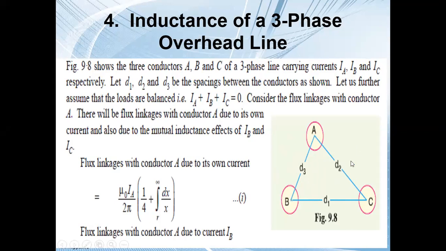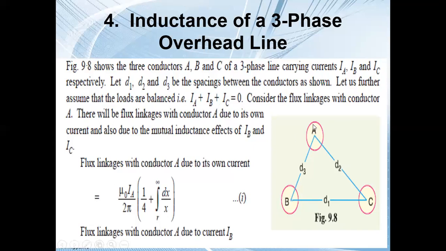So this is the configuration of, let us say, a conductor of a three-phase line. Now we know for a balanced condition of any three-phase line, IA plus IB plus IC will be equal to 0. This is a true case, because for a balanced system, if there are three-phase currents IA, IB, IC, the summation of all these currents will be equal to 0. That is the known fact.